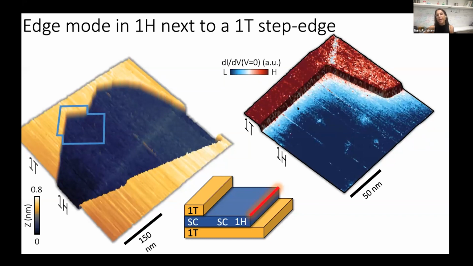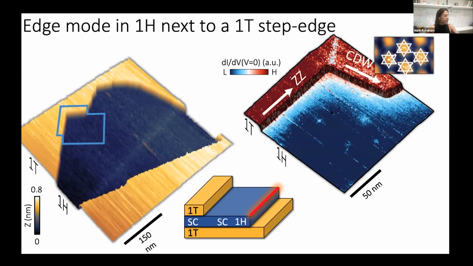And interestingly, we see that this boundary mode is anisotropic. We see that the localization length around here is much shorter than the localization length that we see around here. So we were able also to extract them in different directions. We can see, as I said at the beginning, a different type of orientation. So we see that this crystallographic orientation is the zigzag direction, and this is a non-crystallographic direction, but it is aligned with the direction of the CDW